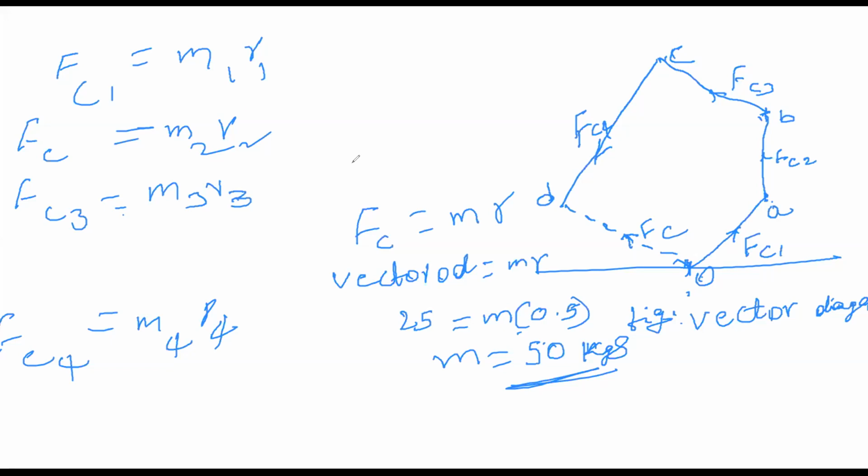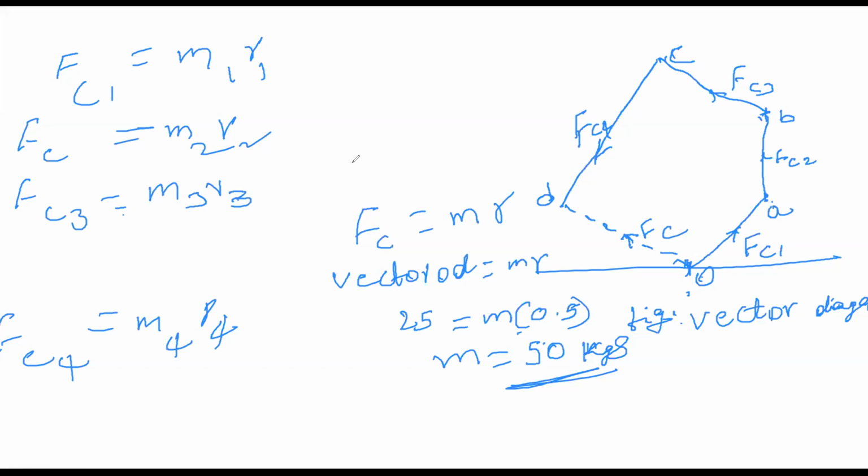So similarly, to draw FC1. The direction of FC1 and the value of M1 R1 are already there, and we draw the 45 degrees angle. So the OA vector is the FC1 value. Now the AB vector will be drawn with the help of our FC2 value, and the BC vector will be drawn with the help of our FC3, and their orientation is also important. If you have a drafter, then it is easy to draw.